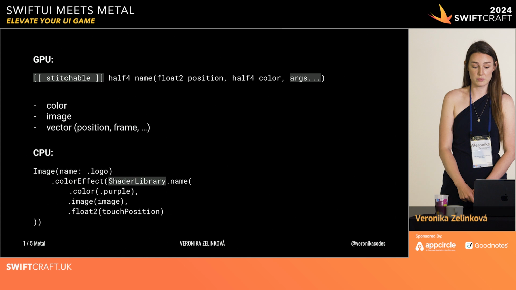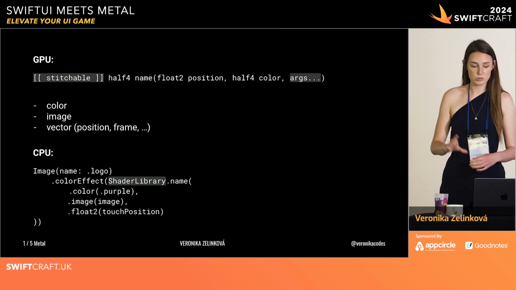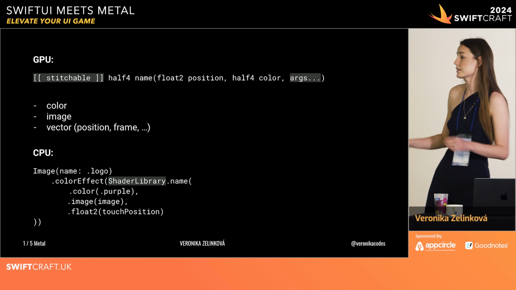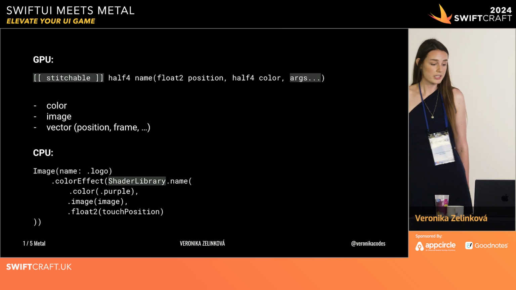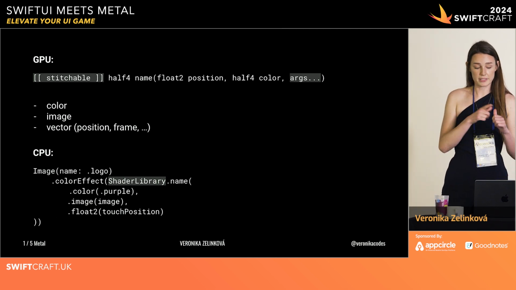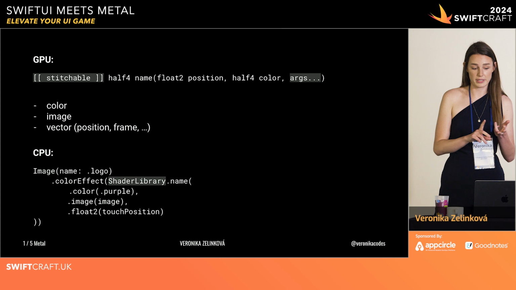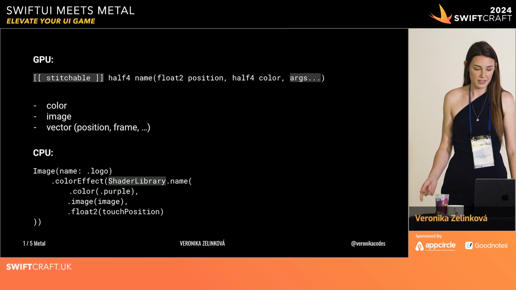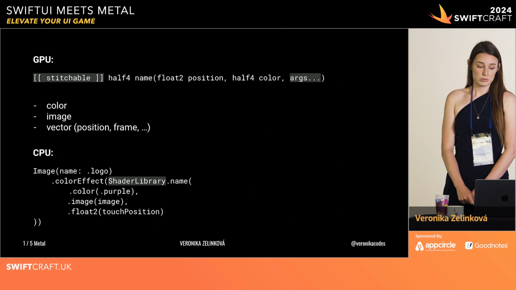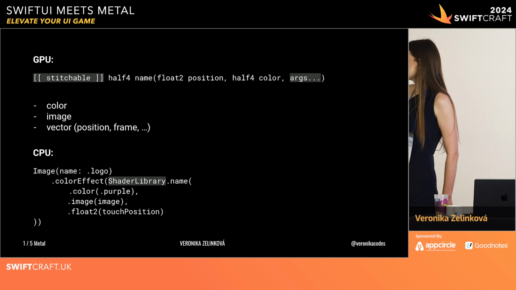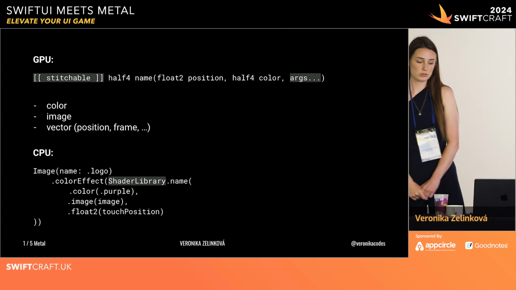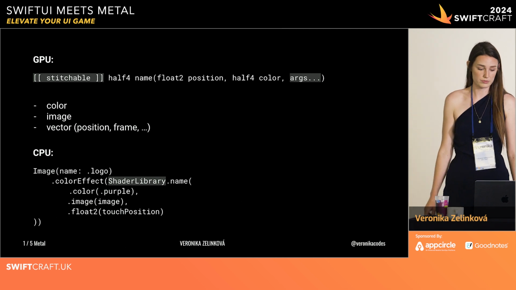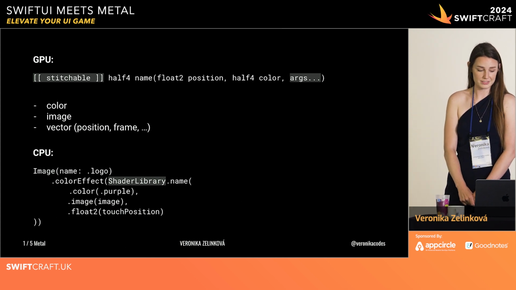In this case, it's the position passed in as float2, and also the color passed as half4, and any custom arguments which we want, which are usually colors, images, or any other vectors, which might be positions, frames, stuff like that. And then we also have to add this stitchable parameter